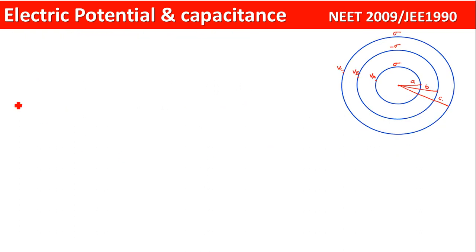So you need to remember one small technique here. Basically you need to find the potential on the surface A. Wherever you are finding the potential, you just need to consider a point on the surface, say here is the point A. The potential at that point is nothing but the potential due to all the charges in the system: potential due to QA, where QA, QB, QC are the charges corresponding to these surface charge densities, plus V due to QB plus V due to QC. Now you need to find out these things.